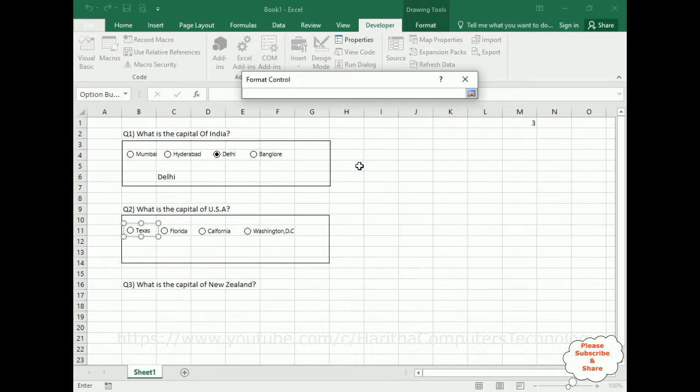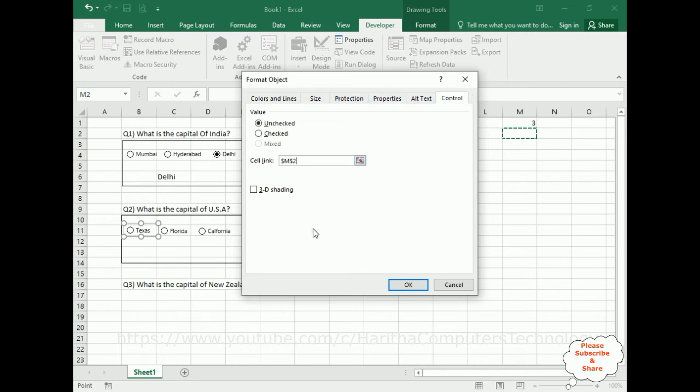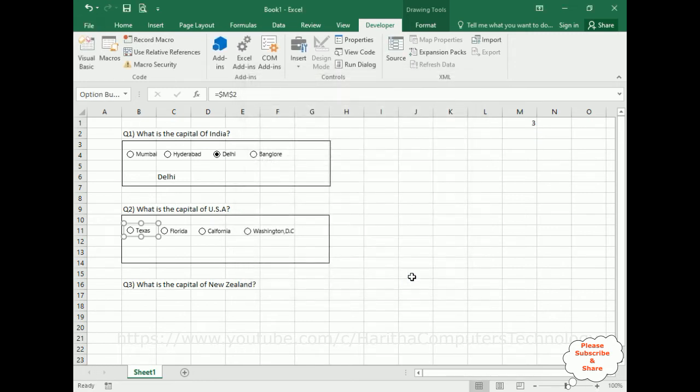Cell link. The cell link I'm selecting for the second question is M2. The reference link for these option buttons is M2. Again, expand this format object, click OK. Now notice here, if I click Texas, it's 1, Florida 2, 3 California, and 4 Washington DC. Now here we got the user selected option. I want to display it here. For that, instead of writing the same